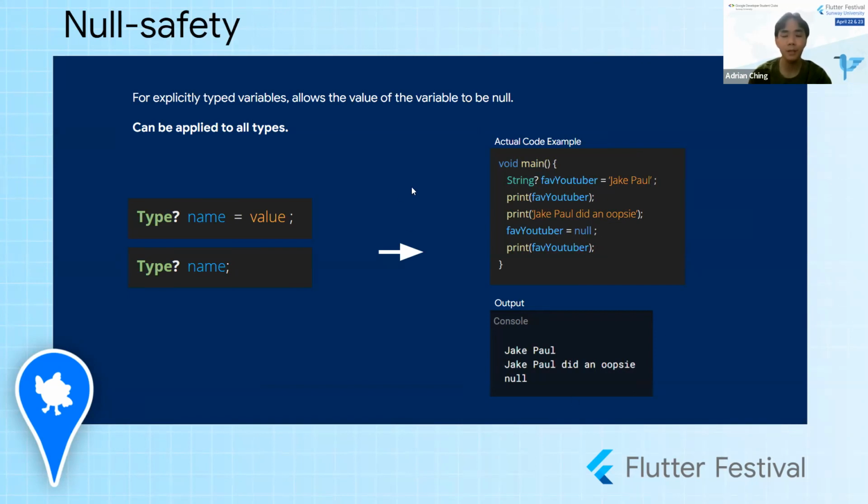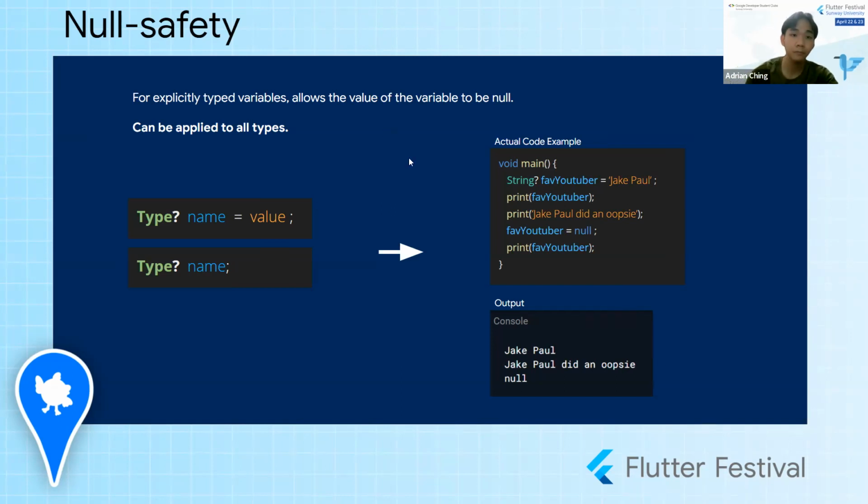And nullable values are usually used in if-else statements as well. For example, in a real scenario of a Flutter app, the if is going to be something like, if this value doesn't exist or is null, then you don't show a widget. If this value exists, then you can show this widget, something like that.